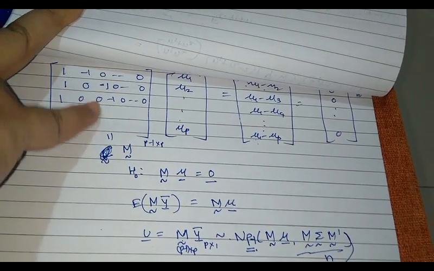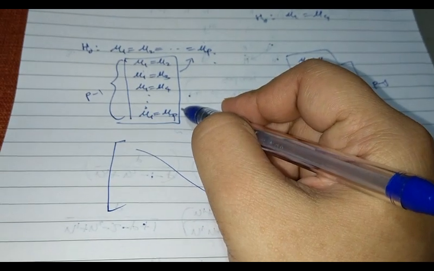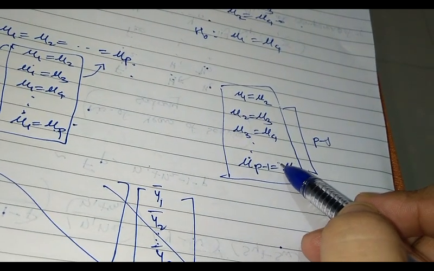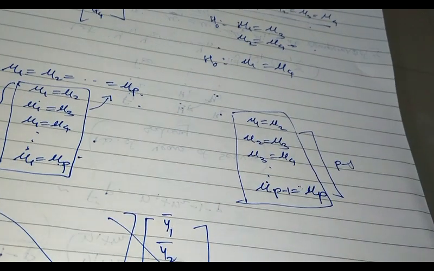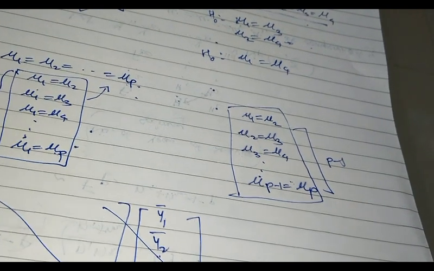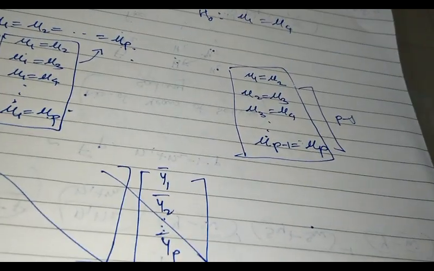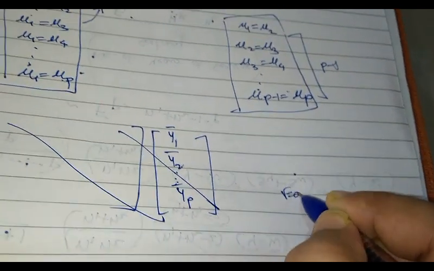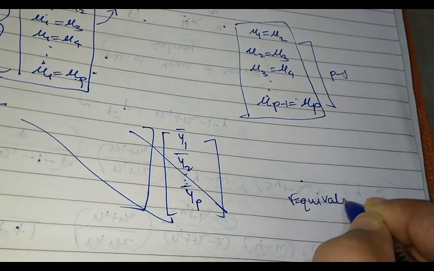So here we constructed this matrix M by using this set of conditions. But I could construct another M matrix by using this set of conditions, but the answer would be exactly the same. And you can try to verify that this is actually a result of the equivalence between contrasts.